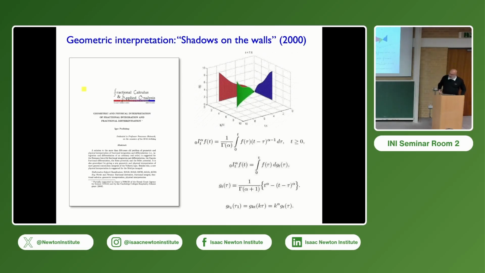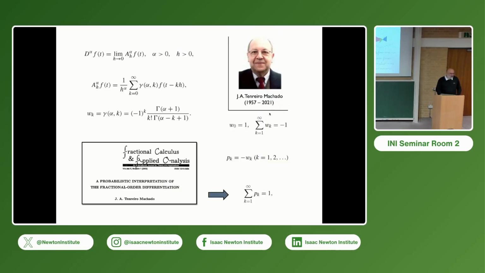And this is what I did, the geometric interpretation like shadows on the wall. Basically, I'm using here the Stieltjes integral form of the fractional order integration. And what you see here, the red shadow is the classical integral, first order integral of the function f. This blue projection of this green fence is exactly the fractional order integral. Okay, so people liked it and started looking at those operators with great attention.